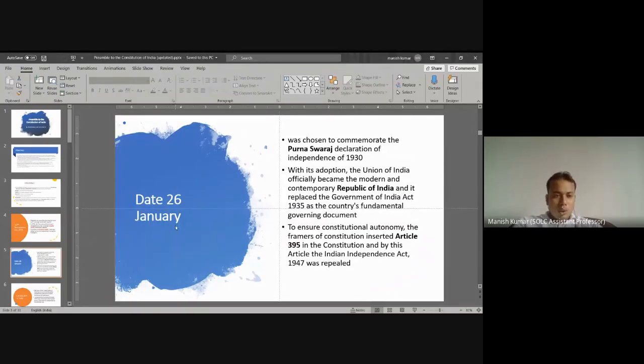And the second thing, which is coming here, is the date of 26th January. If you look into this, you will find the date of the enactment and implementation. Now I will talk about the context in which the preamble was formed. So listen to it carefully, and whatever seems important to you, you must note it down.